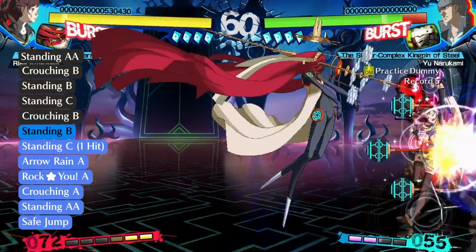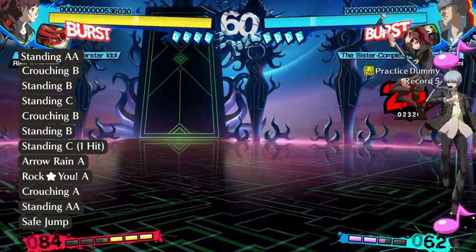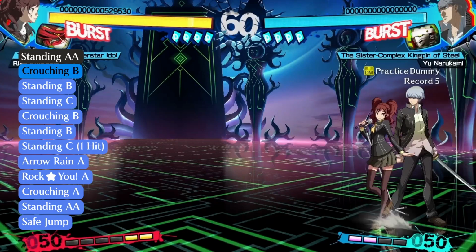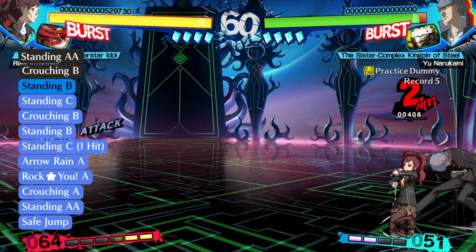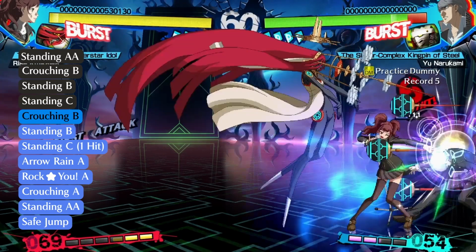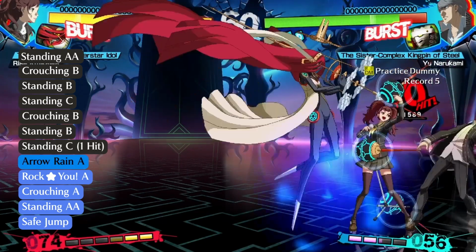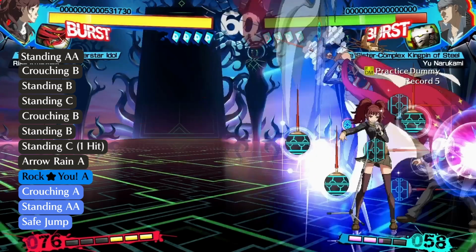And now once you've got them in the corner, the real fun begins and you can start to end combos with safe jump opportunities. So this will get you started in the right direction. The corner allows you to combo into standing C and then loop back into another set of B normals. Then the first hit of another standing C into A arrow rain, followed by notes, which allows you to add